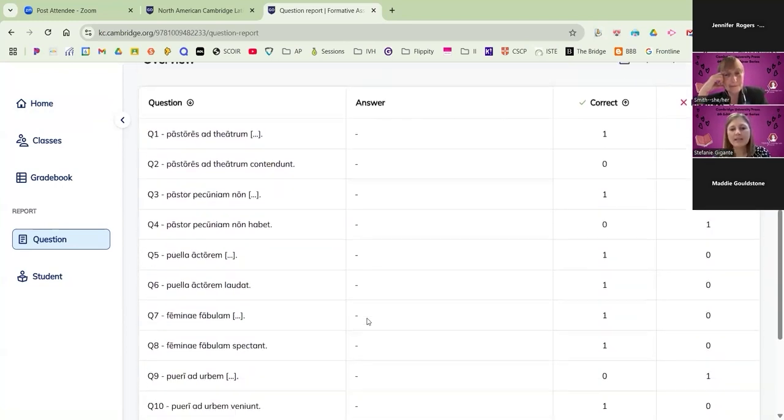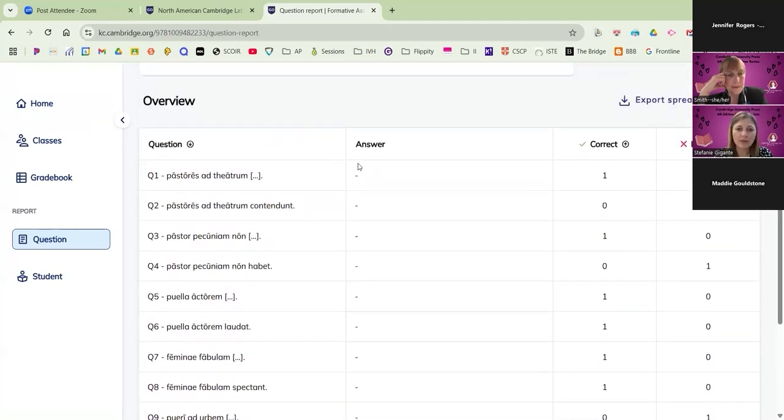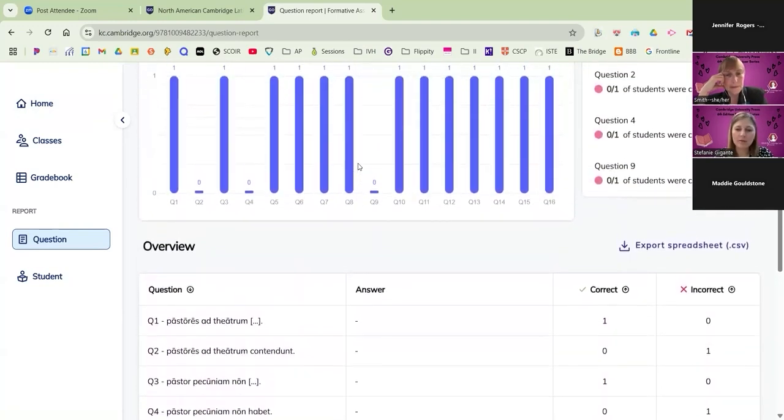And then I can see here that this was the one that was incorrect. I can get a sense that perhaps it was a translation issue. And then we can go back and see more information about what the student wrote versus what the answer ought to have been.